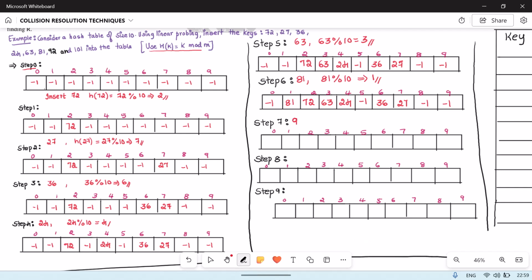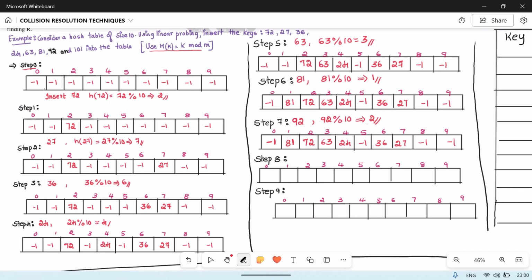Next element is 92. Okay, so 92 mod 10 is 2. Let me place the elements before 92. So it is minus 1, 81, 72, 63, 24, minus 1, 36, 27, minus 1, minus 1. Now 92